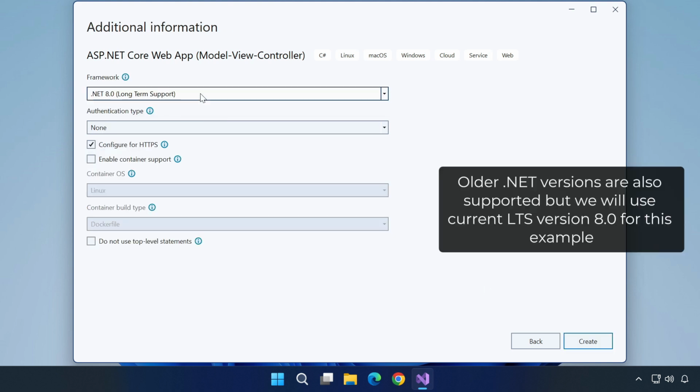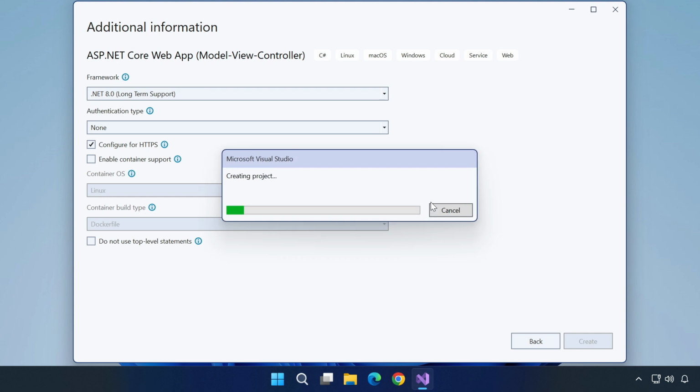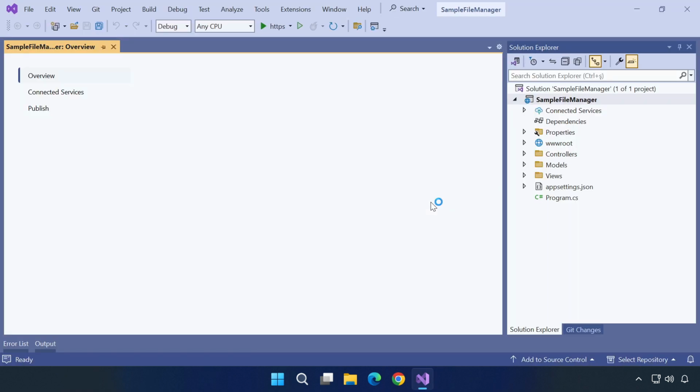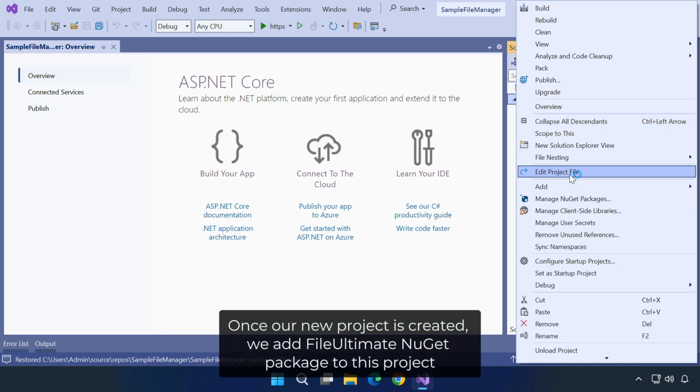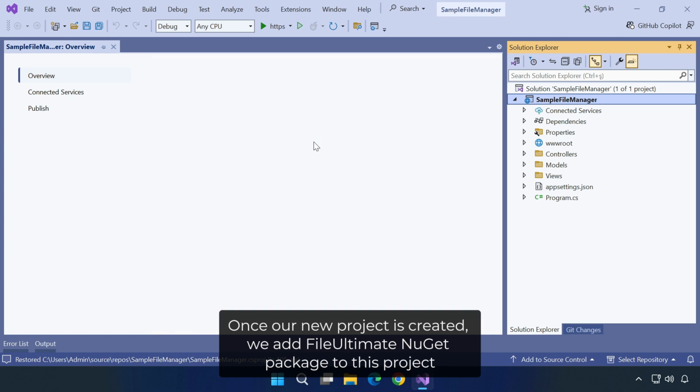Older .NET versions are also supported, but we will use the current LTS version 8.0 for this example. Once our new project is created, we add the FileUltimate NuGet package to this project.